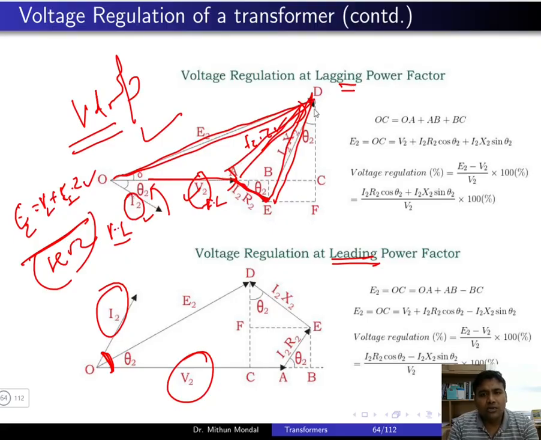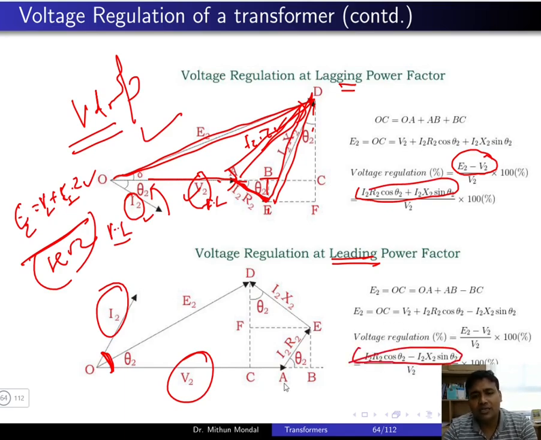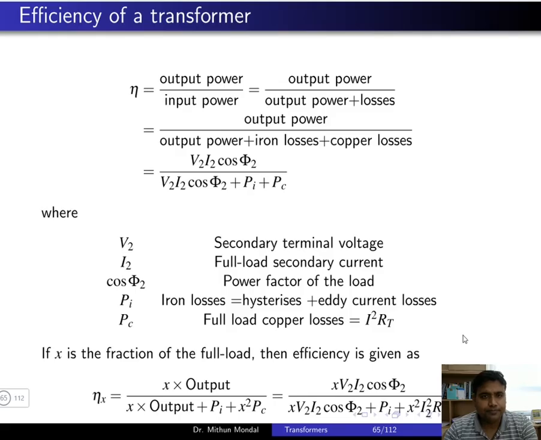So if you just draw some perpendicular and try to find, then we have already done this, so I'll not repeat it. So E2 minus V2 gives the voltage drop, for which we have seen the equation. So plus minus you just put to determine the lagging condition and the leading condition, taking the reference to be at the full load voltage. So this reference will be at full load, and voltage regulation will be expressed in percentage, so you multiply it with 100. Okay, so the lower the voltage regulation, the better the efficiency and the performance of the machine.